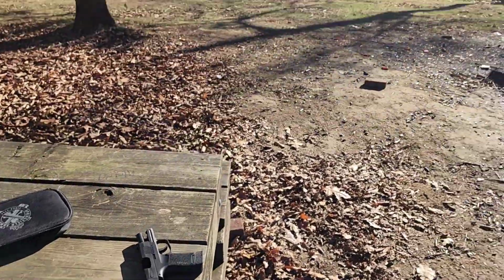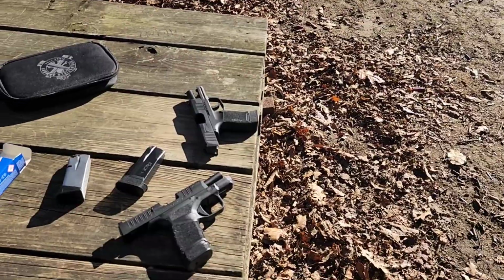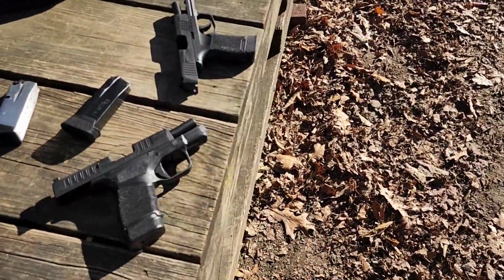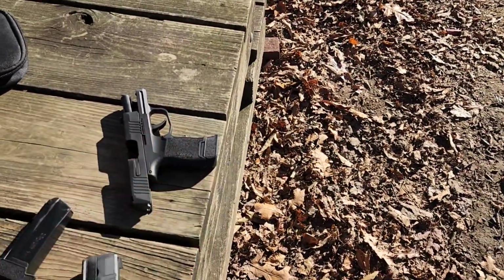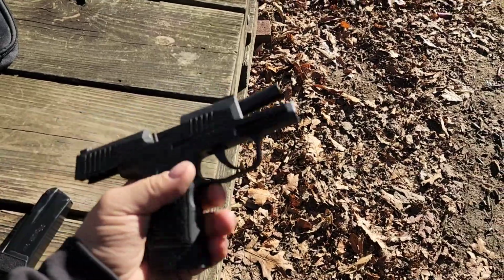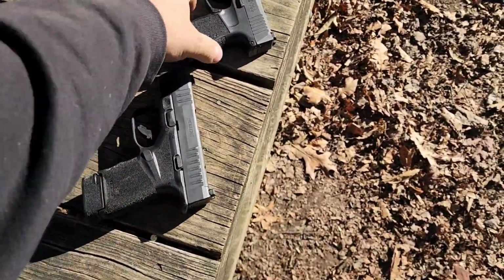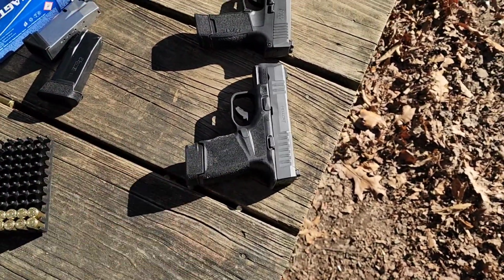Alright, so I was doing rapids down there. I think I got one or two more hits with the Hellcat. I was honestly just running too fast. One thing I did notice too, it feels wider in the grip. I like the grip on the Hellcat better. I'm hanging on to the Hellcat better, so that was with the 12 round in the P365, 13 round in